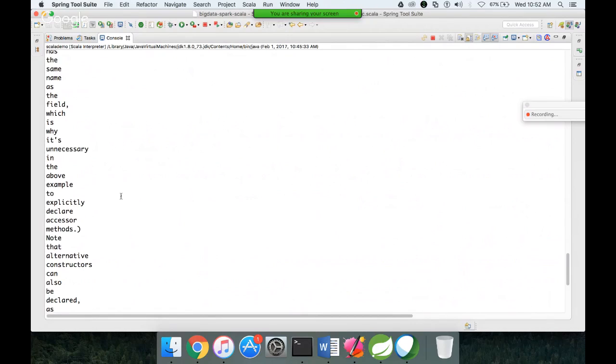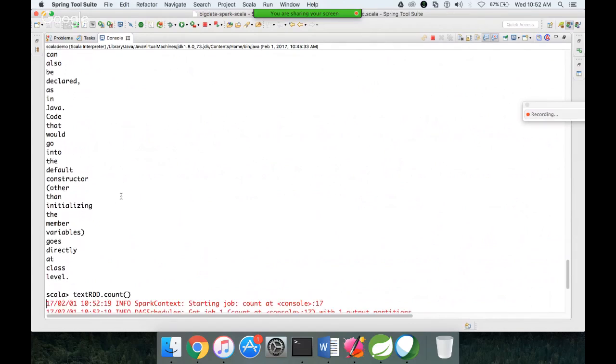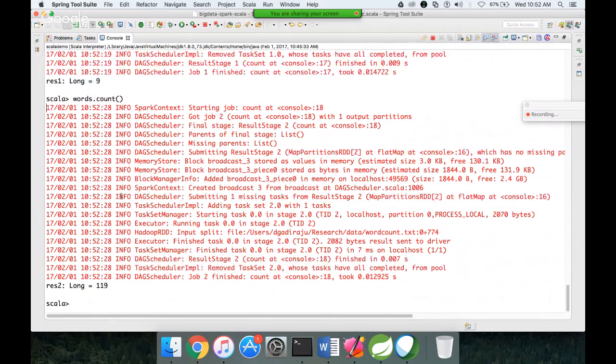So the input is only 9 lines, whereas the output after flat map is actually 119 because we have 119 different words. Now on this,